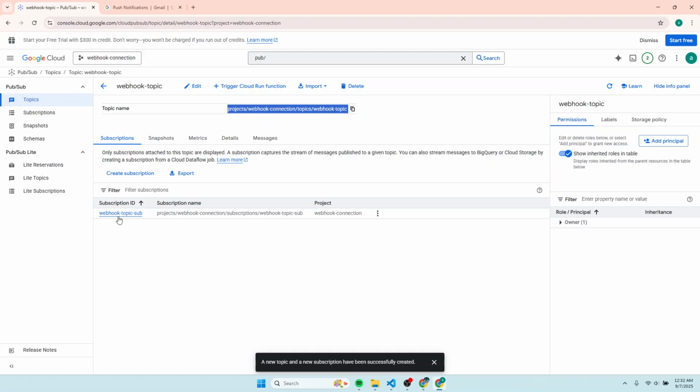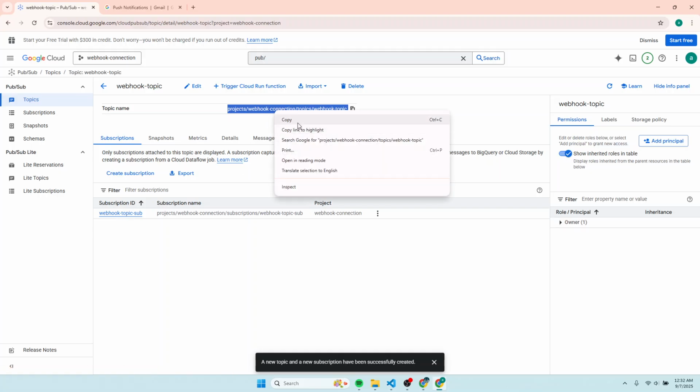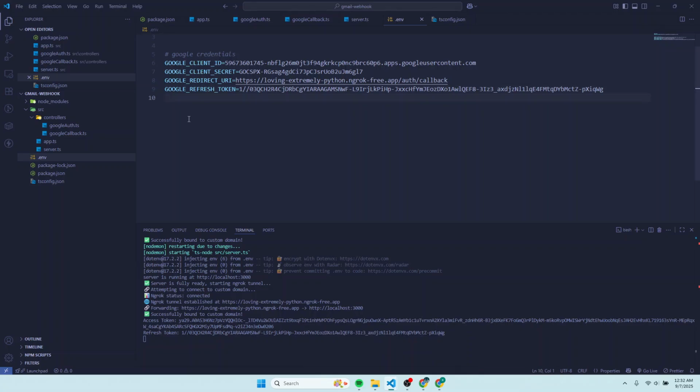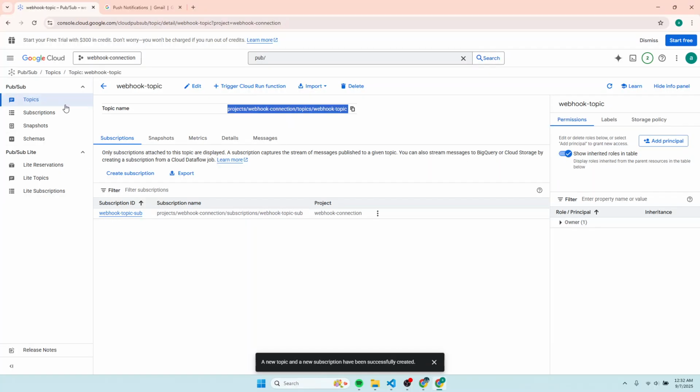So I'll just copy this and save it inside my environment variable. I'll call it topic name, like that, and paste it there. Then I'll come back to the docs. Next thing is to create the subscription. Click on the topic,